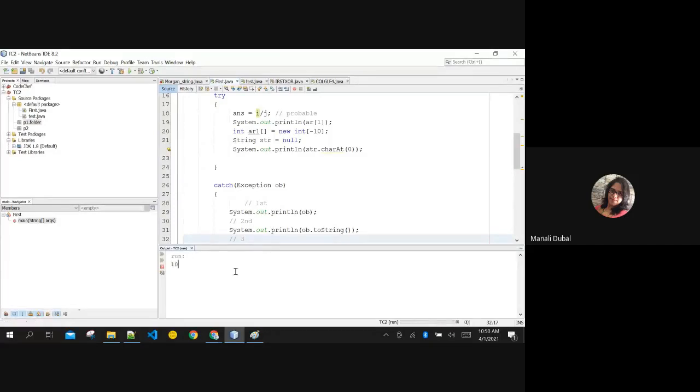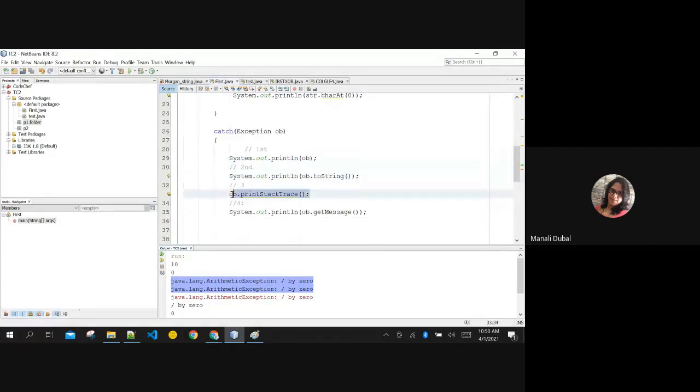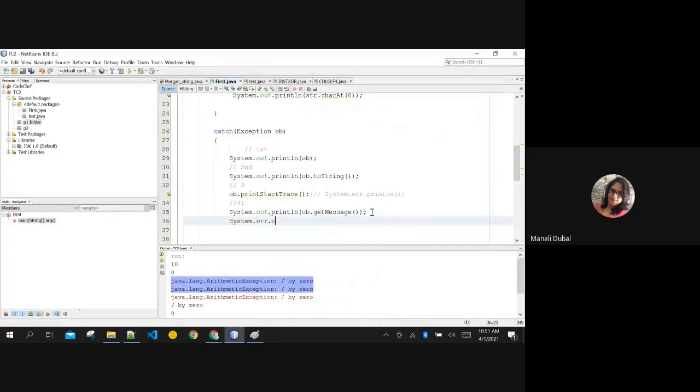Okay, it is taking input. I forgot to give the input. Yes. See, it is printing. See the first one, printing OB and printing this toString, both are the same only, right? This printStackTrace is going to call System.err.println. You haven't used error.println because it is an error. See, you have used System.out.println for printing something, but you also have System.err, which is going to show you something in